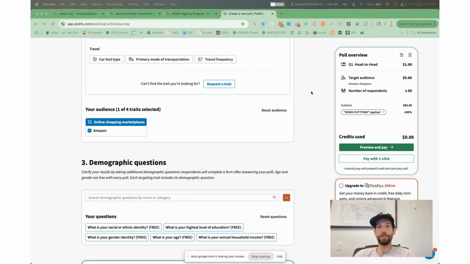So if you're a business and you need to raise your conversion rates and you're paying for people to go to your page, if you can improve the amount of those that actually buy, it's going to add up very quick, right? So I'll go ahead and do preview and pay,